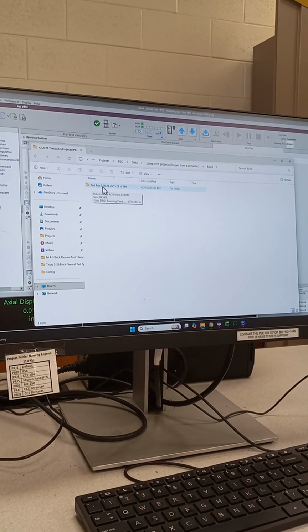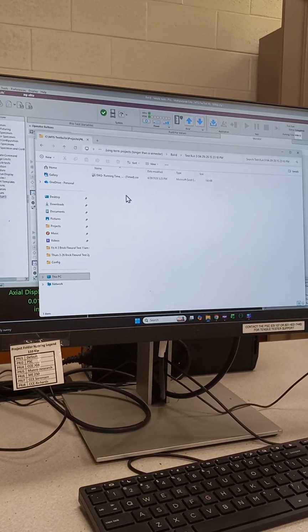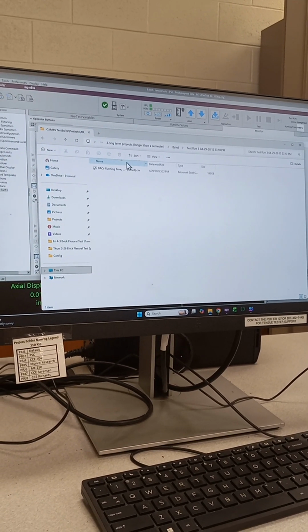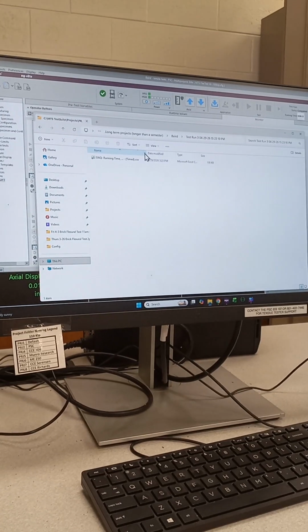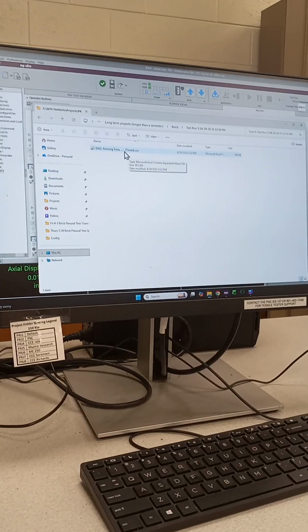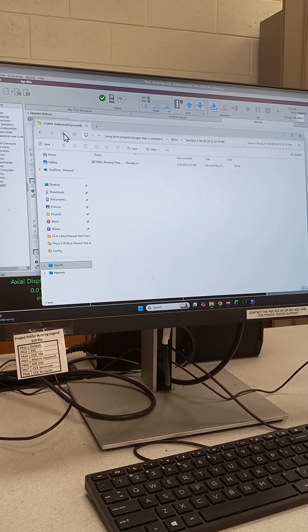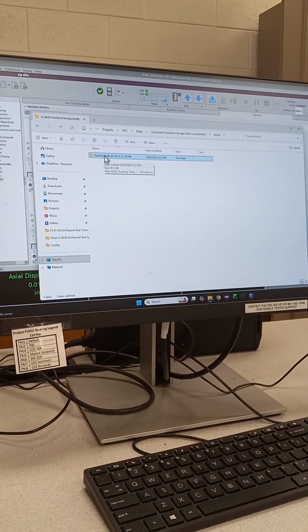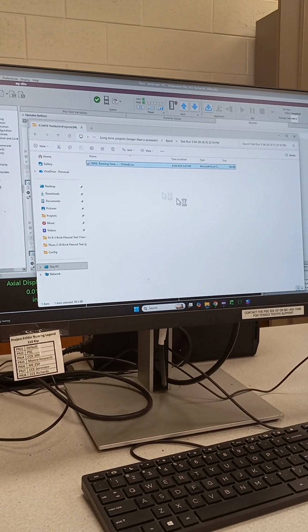Okay. Unfortunately, this software always uses the same name for all of the data. So all of them are named this. But they will be within a folder with the name you gave it. Okay. And if you open this,